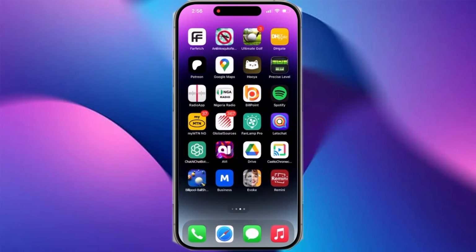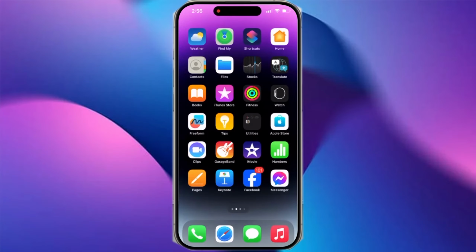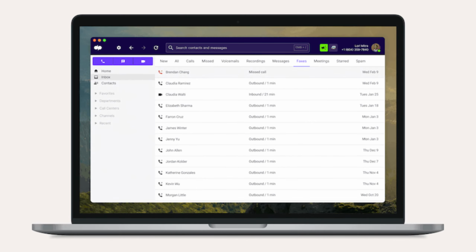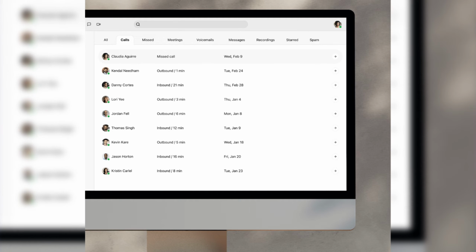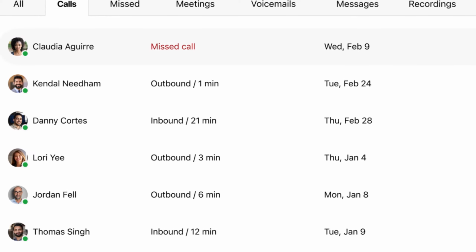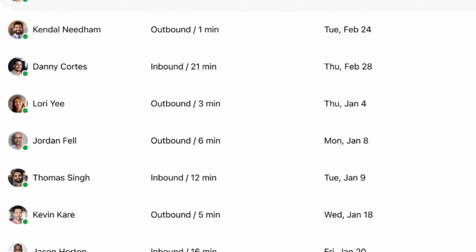The second method is to contact your mobile carrier. Most carriers offer detailed call history through their online portals or apps. To explore this option, log into your carrier's account and search for call history or billing history. You may be able to access a more extensive record of your calls, including dates, times, and durations. This is so because, in many jurisdictions, carriers are required to retain call records for a specific period for compliance